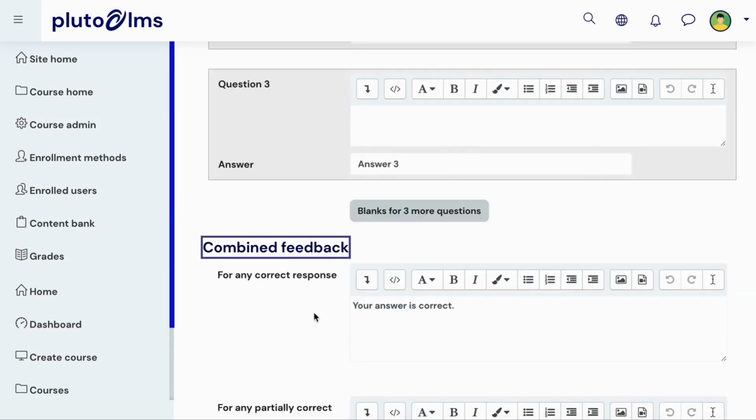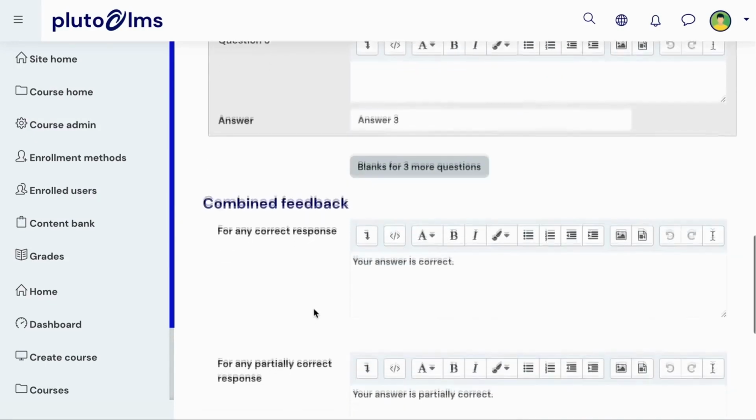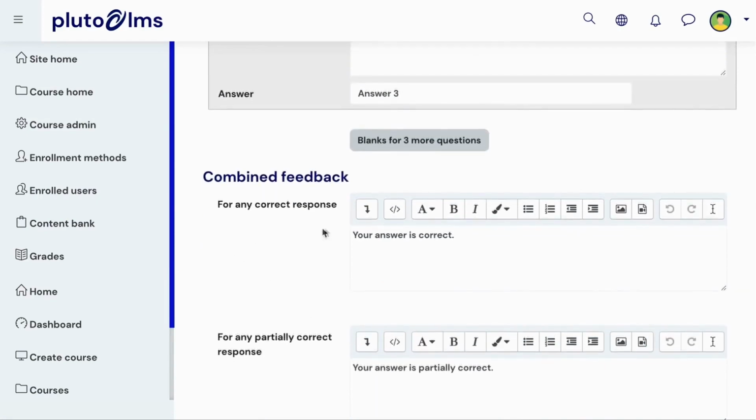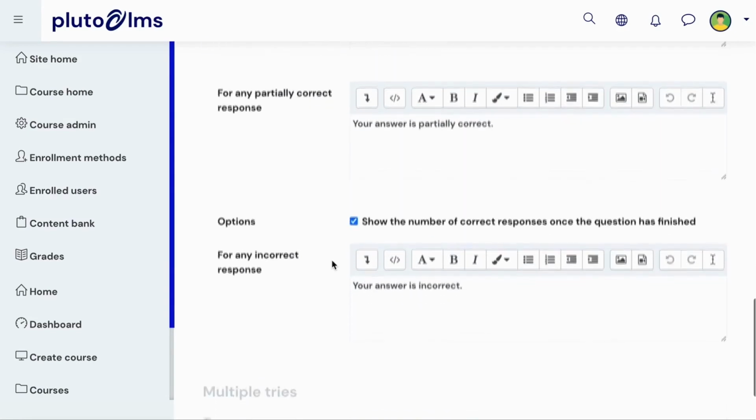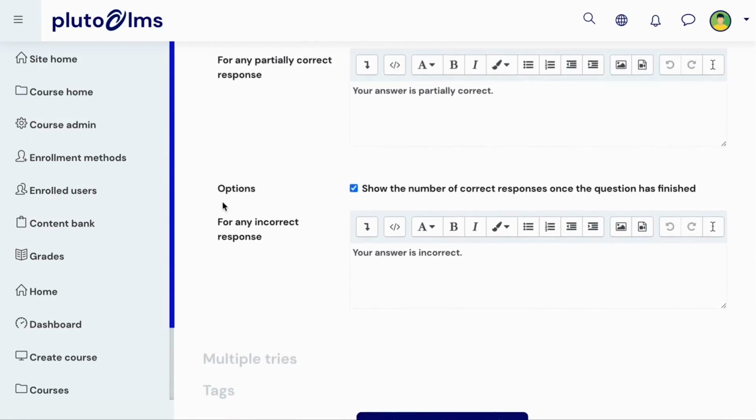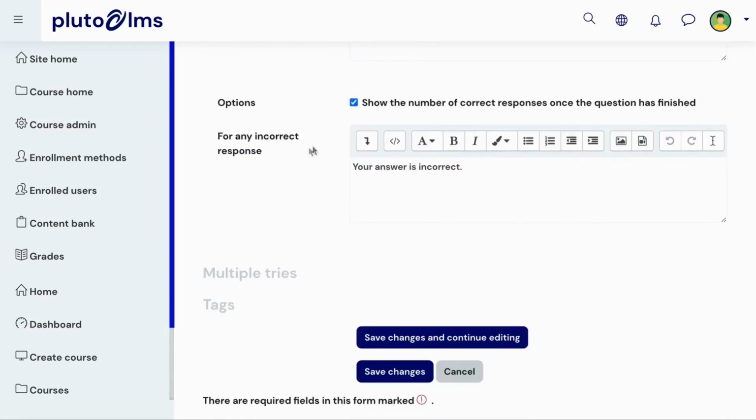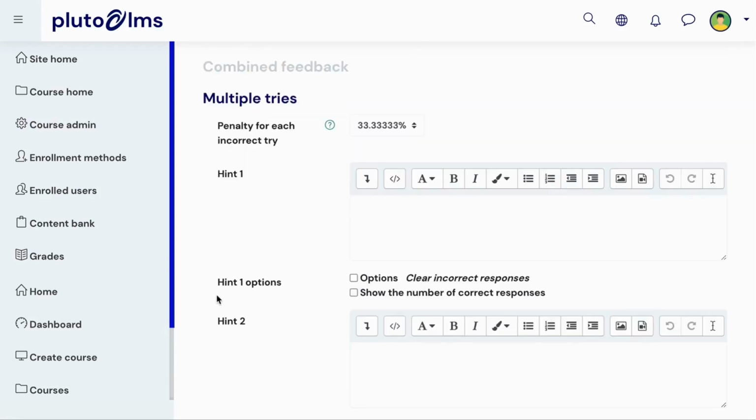In the Combined Feedback section, you can optionally specify the feedback that learners should receive when their response is correct, partially correct, or incorrect. You also have the option to allow learners multiple tries to get this question right within the same